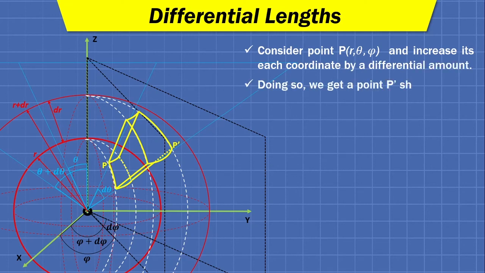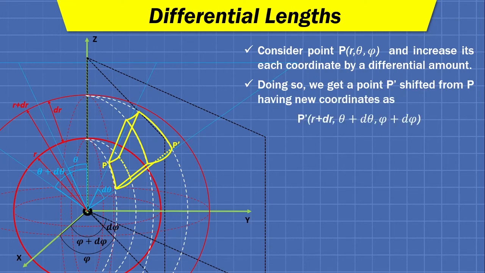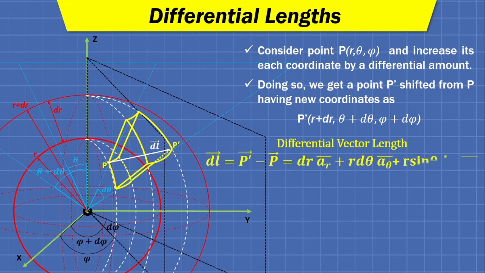Doing so, we get a point P prime shifted from P having new coordinates r plus dr, theta plus d theta, and phi plus d phi. Now a vector connecting points P and P prime is the differential length of the element. So the differential vector length dl bar will be P prime bar minus P bar, which is dr a_r bar